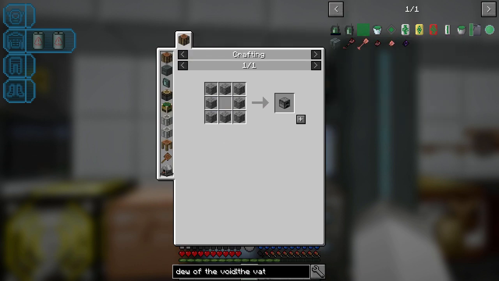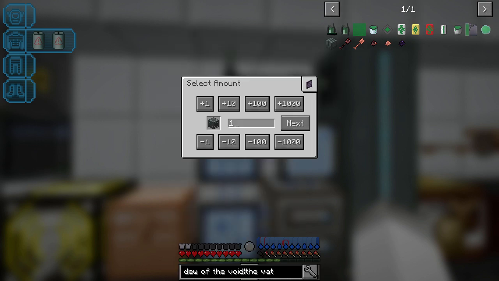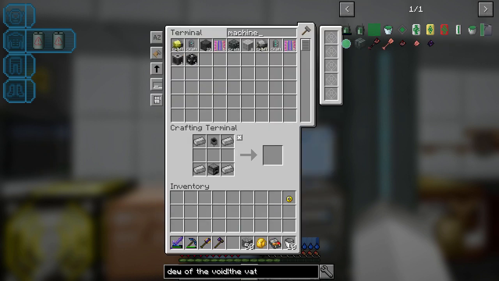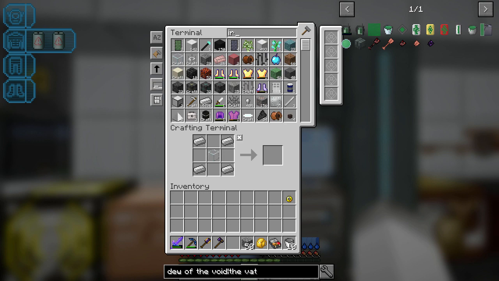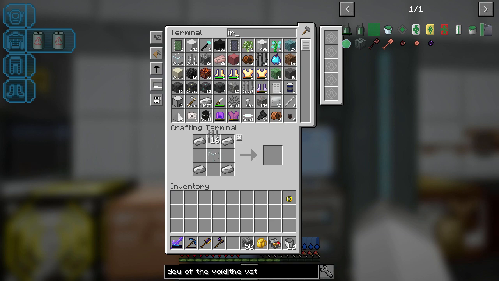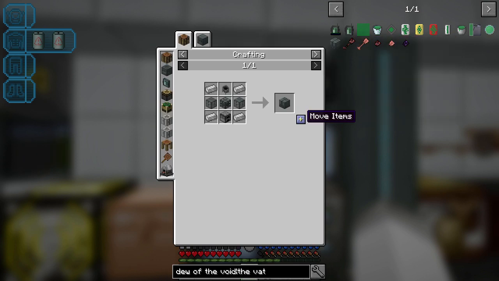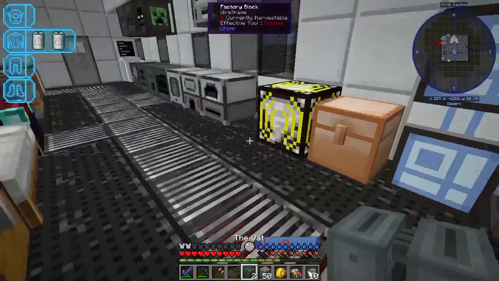So let's see. What else do we need? Furnace. 1, 2. We're going to need 2 machine chassis. And then we're going to need 2 fluid tanks. So iron bars. And this will be fine. So 1, 2, 3, 4. We're going to make 4 fluid tanks. And actually that's what we needed to do anyways. So 1 and 2 vats. Alright, so